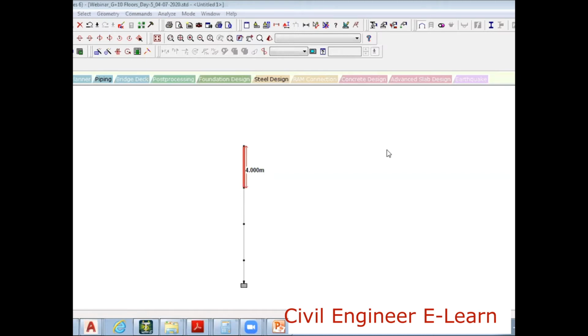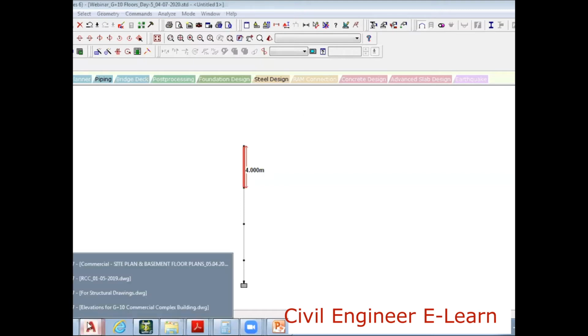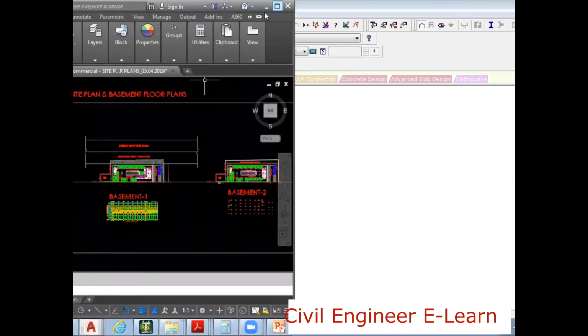So who is saying the reference point is the first point? These supports are intentional. We have intentionally given pinned supports. We know this beam is going to rest on this retaining wall.